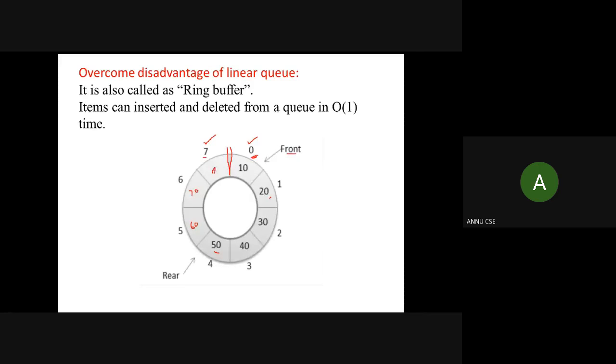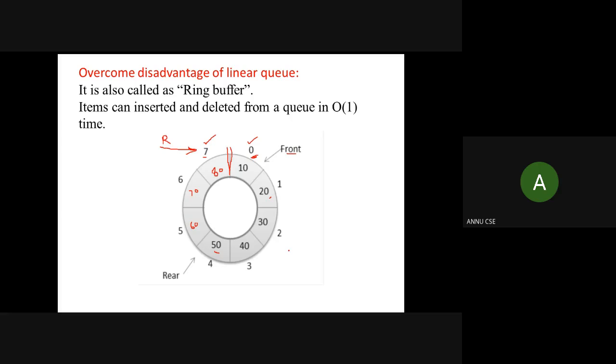In this situation the rear end is pointing to index number 7, and the value is 80. The front end is pointing to the very first index, index 0. So this time the circular queue is full.